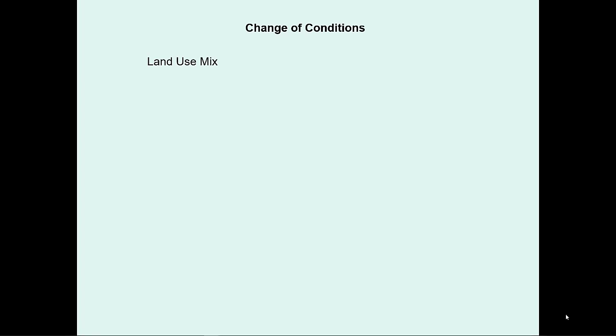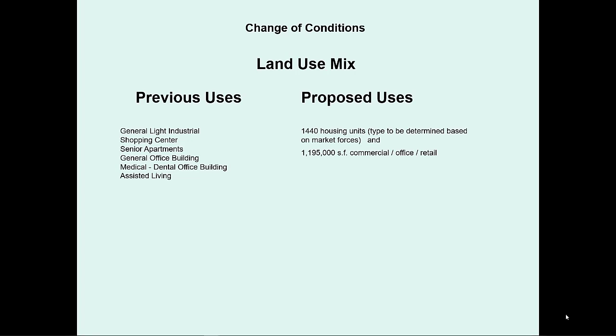So what are the changes of condition? These changes of condition actually run with the binding site plan. One of them is the land use mix allowed on the site. So the previous uses were general light industrial and shopping center. We ended up with only senior housing as well as a variety of office buildings. The proposed uses are